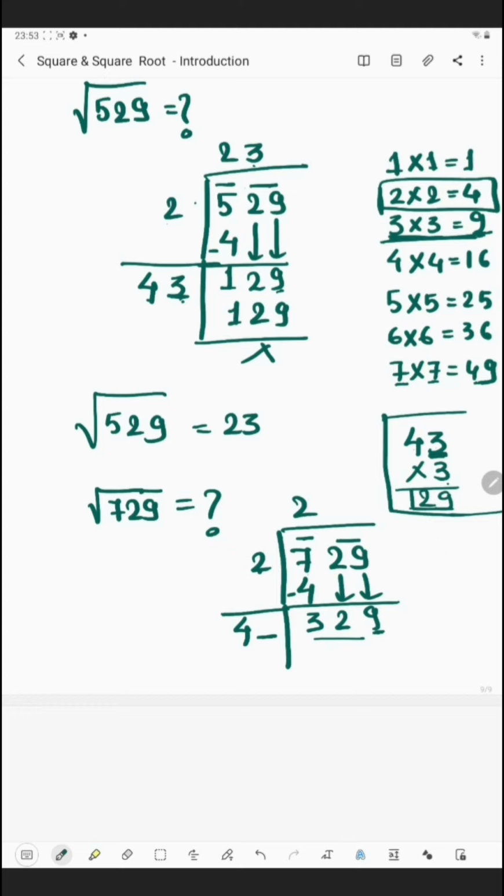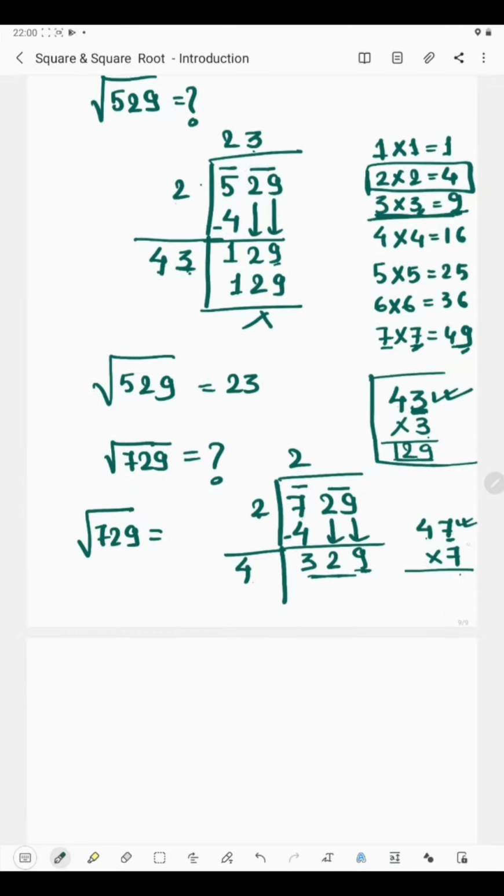So let's take 7 here. Beside 4 we will take 7, and if you take 7 here, then we will have to take 7 also to multiply this. Always remember, by seeing the table we can easily find the digit at one's place. Here we haven't multiplied by all the number, we have just checked that the last digit is 9. So in this table where we are getting 9, if the last digit is 3, then we are getting 9, and if the last digit is 7, then we are getting 9. So we have checked by taking 3, and now we are checking by putting 7.